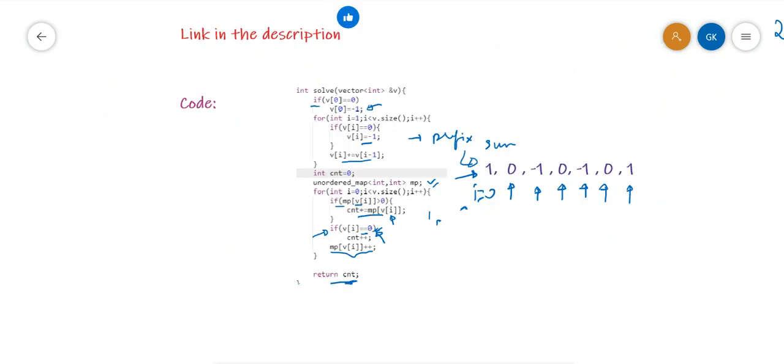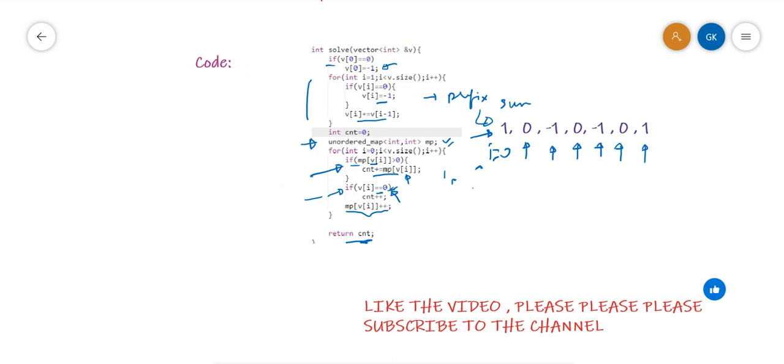So we'll quickly go through this pseudocode. In this we have calculated the prefix sum, and then we are maintaining a map, and if we have vi already present in our map, we will increase the count by the number of elements already present, and then if the vi is equal to 0, then we also have to increase the count by 1, and then in the end we will increase the count of the vi in the map by 1.